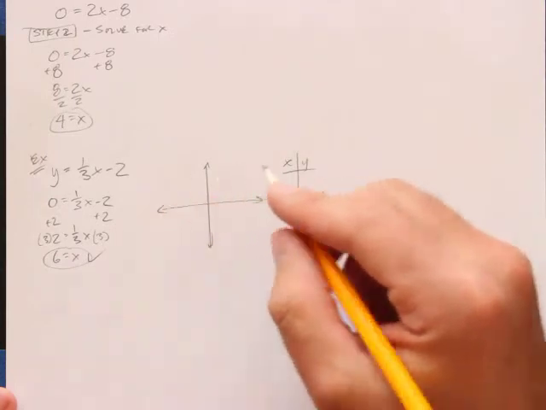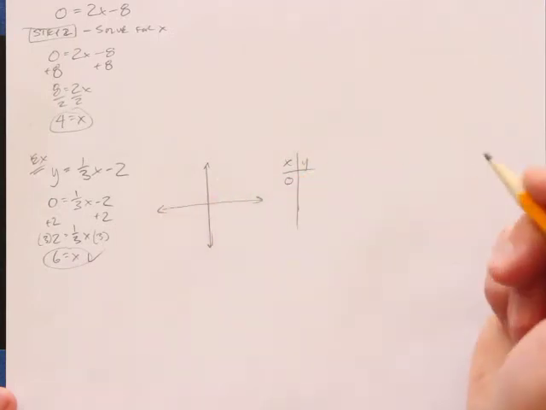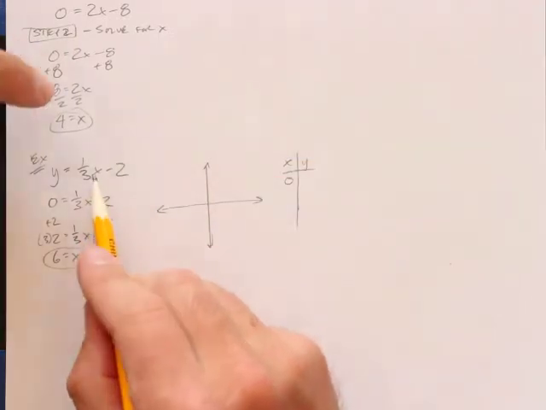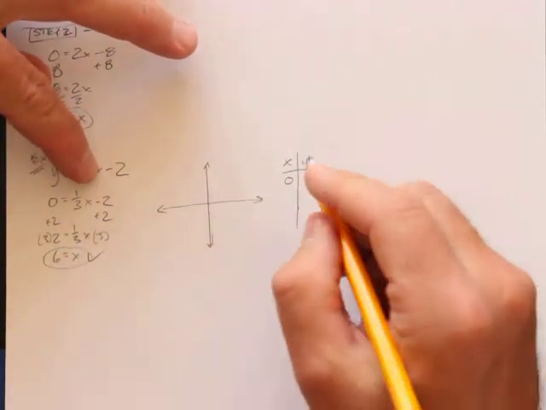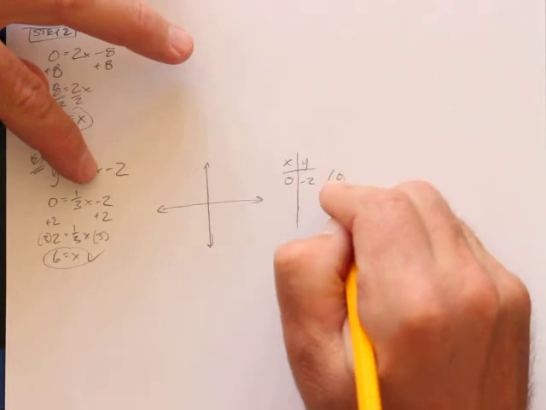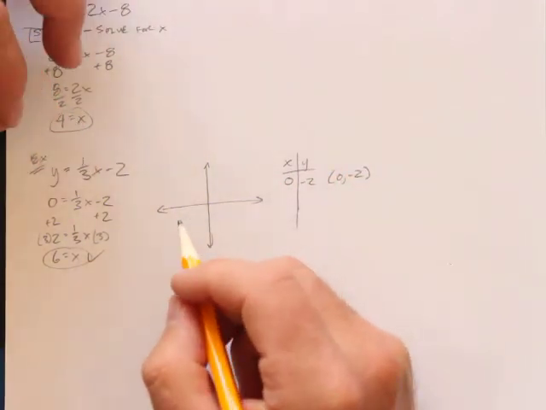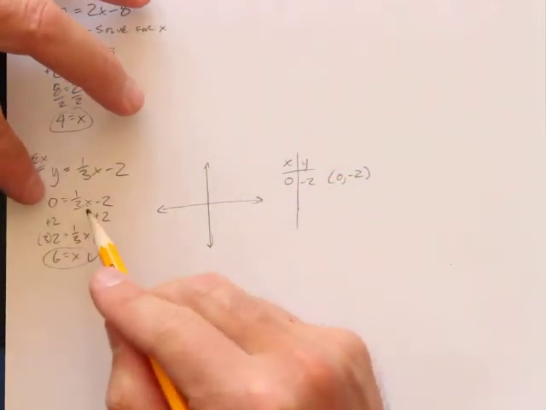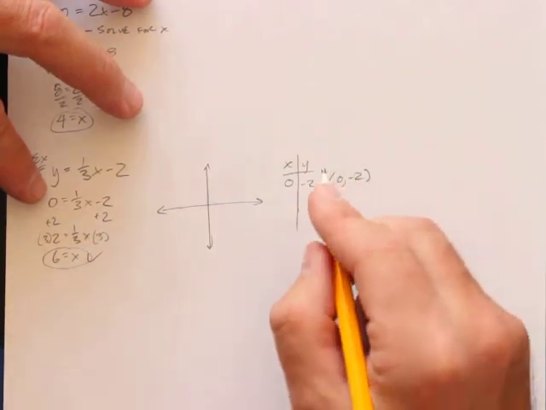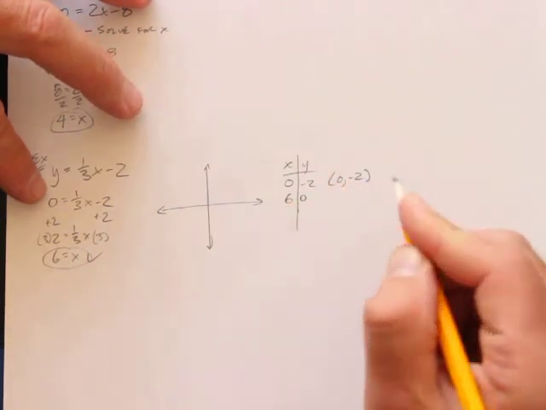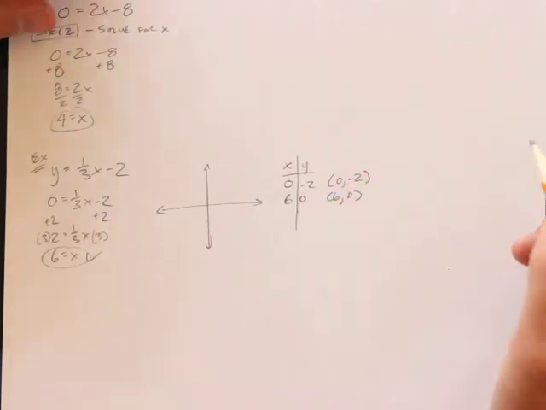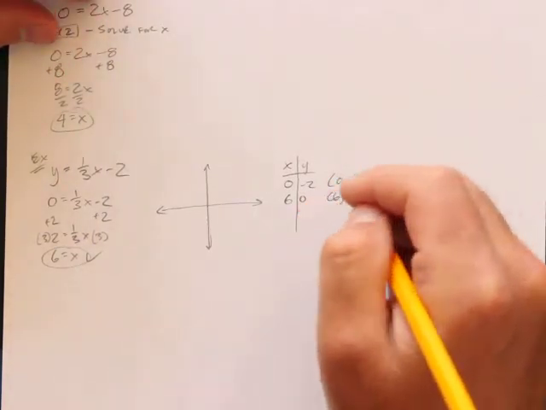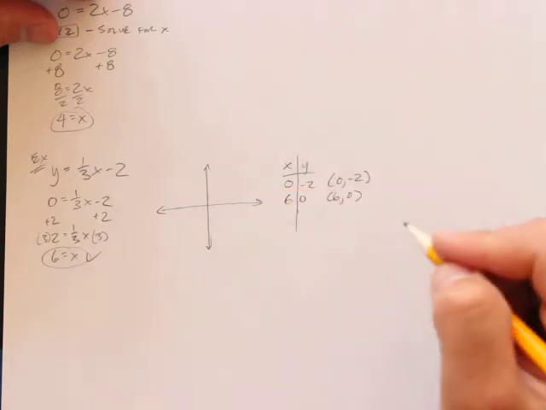So when x is 0, let's plug in 0 for x. Well, when x is 0, then y is -2. So I have a point that is 0, -2. And when y is 0, we solved that already. When y is 0, x is 6. So I've got 6, 0, and I've got 0, -2. If I'm going to graph this using the intercepts,